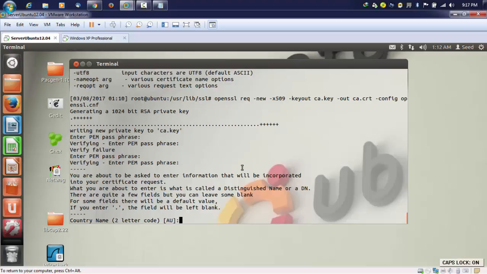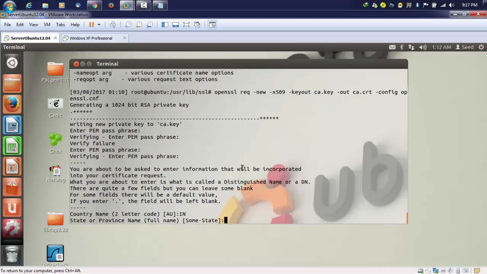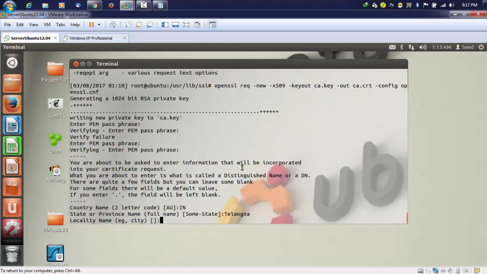Let's say I am in India right now, so I'll enter that, and the state will be some state name, let's say Telangana, and we'll be providing the city,